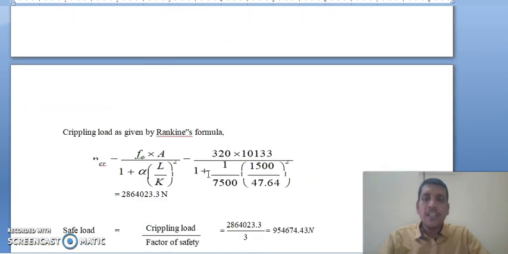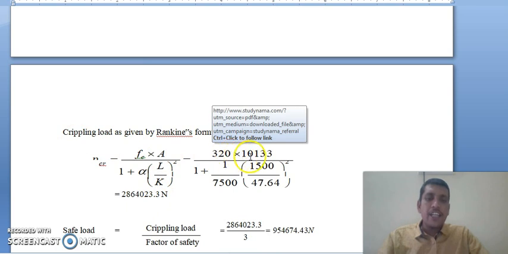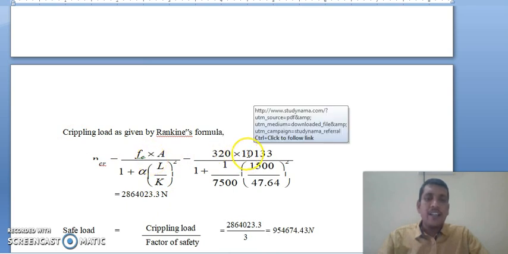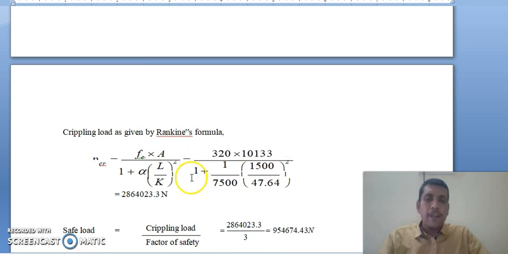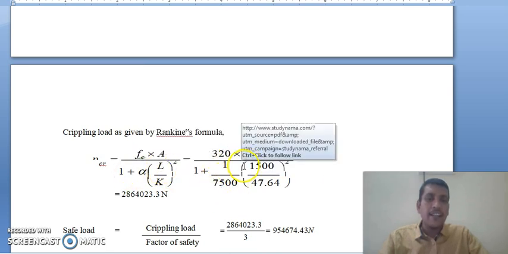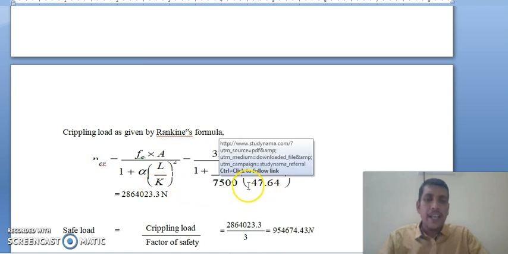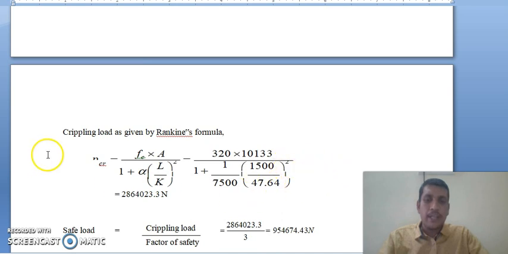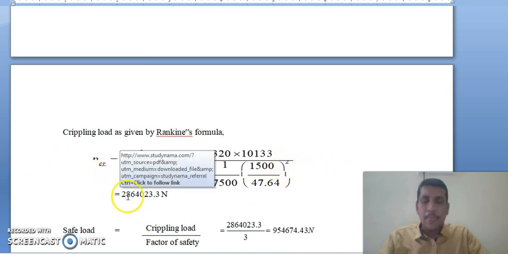Now crippling load as given by Rankine's formula, P critical equal to Fc into A divided by 1 plus alpha L divided by K whole square. So allowable stress given as 320 into area we have calculated 10133 divided by 1 plus value of alpha constant 1 divided by 7500, length. Since both ends are fixed, length is 1500 divided by K 47.64 whole square. So the P critical value equal to